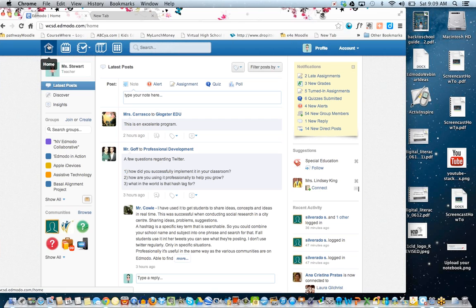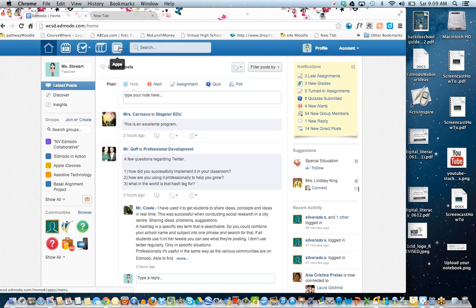What you do notice at the top of Edmodo is your main toolbar. You've got your home, your calendar or planner, progress, which is like your grade book where you keep track of your kids' progress. The library is where you store everything. And then next to that, you have a button called apps. Well, that didn't used to be there. And that's where all the games and simulations live in Edmodo.